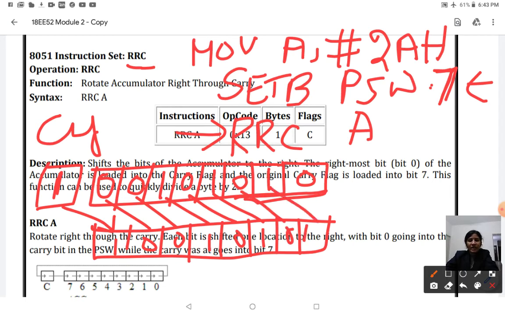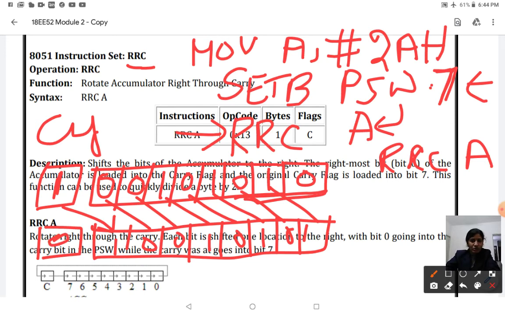And when you give one more time RRC A, at that moment your carry flag is going to be 0, because whatever you have in the last bit will be stored as a carry.